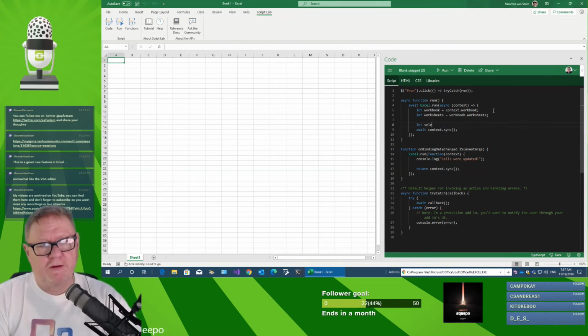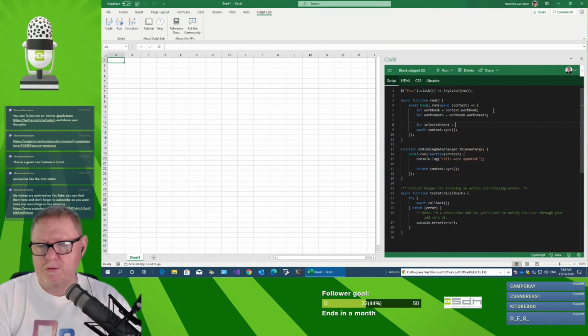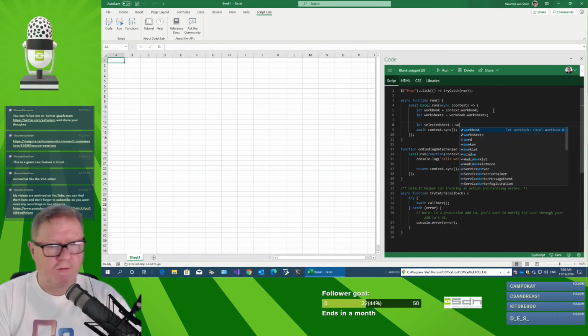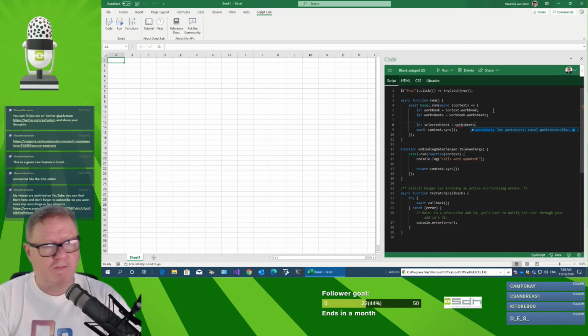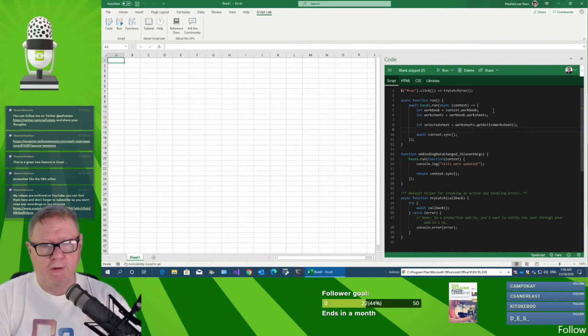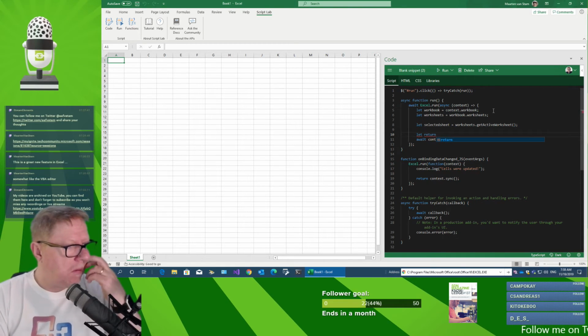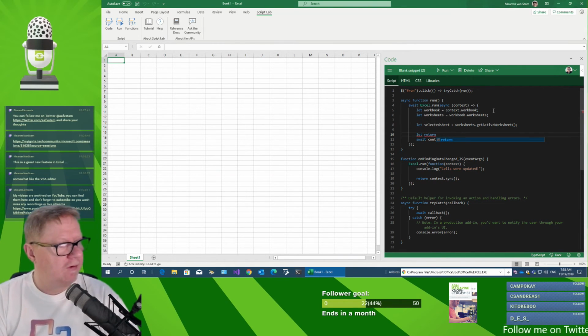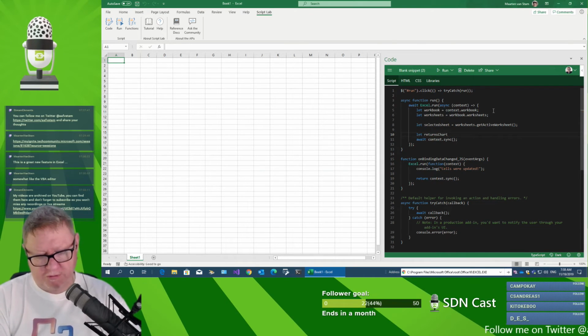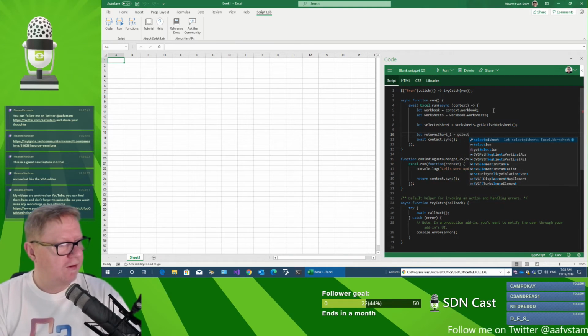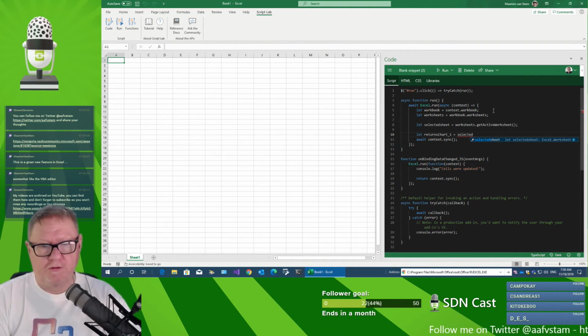Let selected sheet equals worksheets get active worksheet. Let chart_1 equals selected sheet